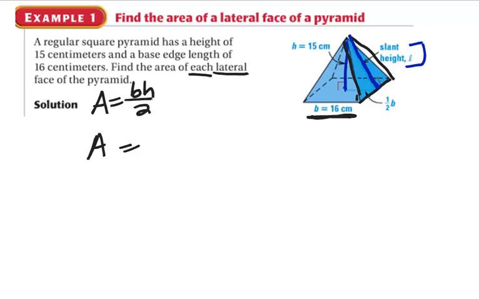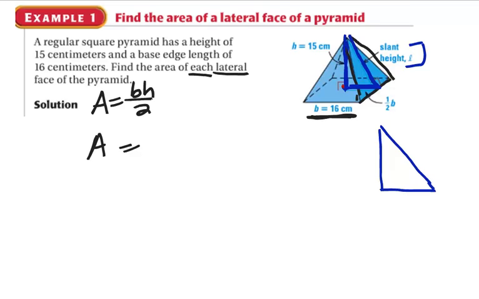So how do I find that slant height? Well, here's the way we find it. We're going to make a right triangle out of the slant height, that height of the pyramid itself that goes from the center of the base up to the vertex, and then from the center of the base over to the edge of that square. And so I get that right triangle. Let me redraw that right triangle out here for you. Where the bottom side of that triangle is half of your base, because I'm going from the center of the base